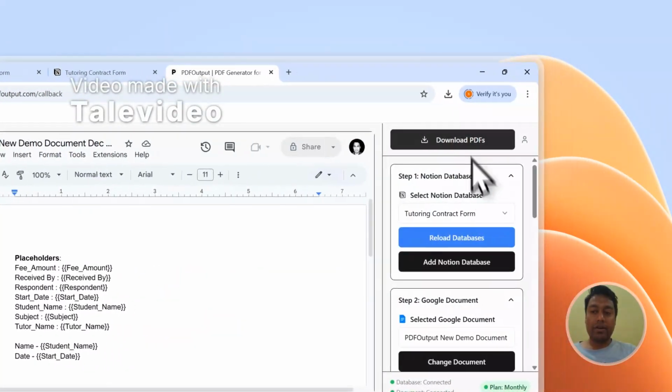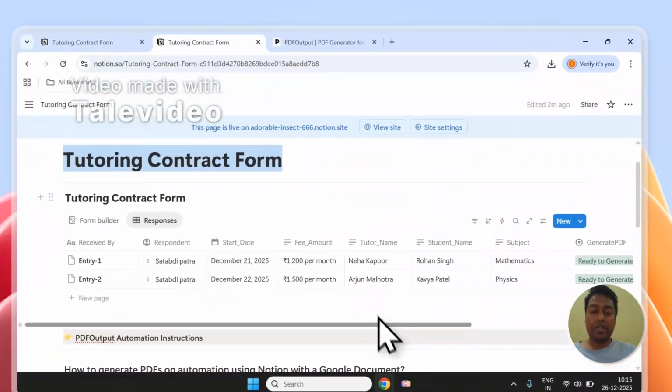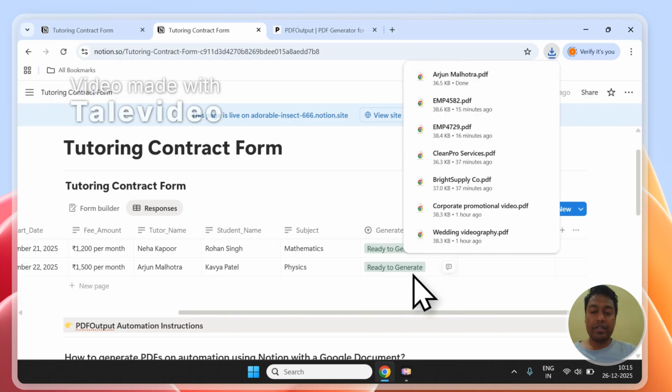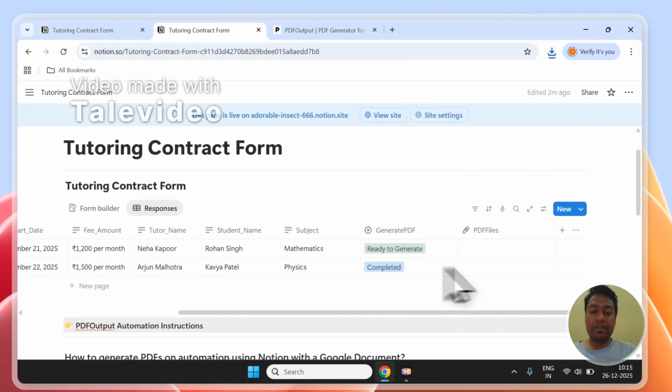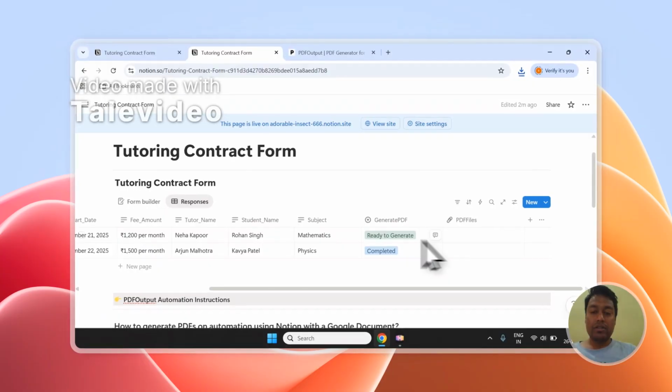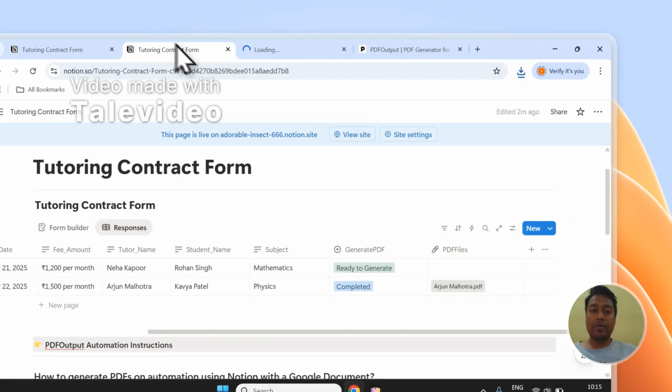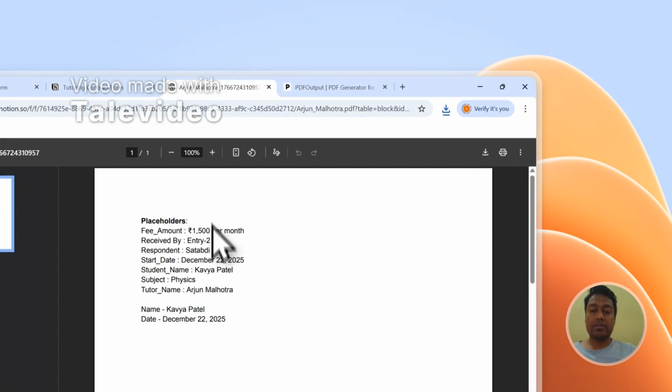Okay. Click on download PDF, and now if you scroll to the right side of the database, you will be able to see generate PDF and PDF file. Any record which is set as ready to generate will be converted to PDF file, and it will be stored in the PDF file column. So make sure to mark your record as ready to generate whichever you want to convert to PDF before you start downloading the PDF. And let me open up each of the files of the database